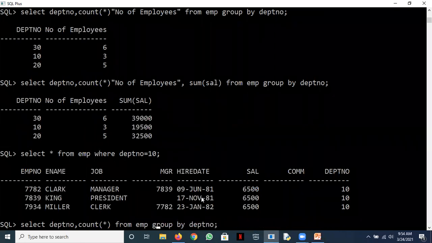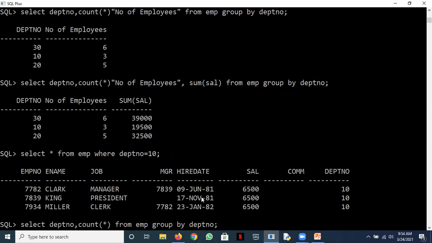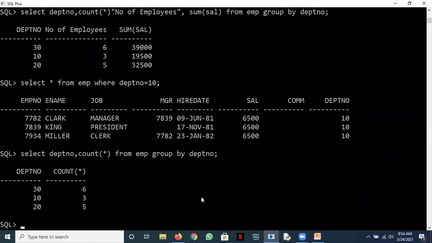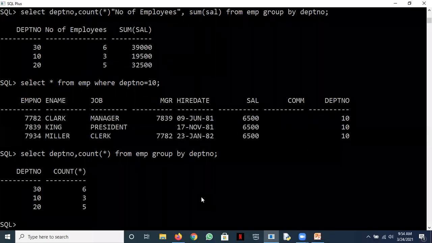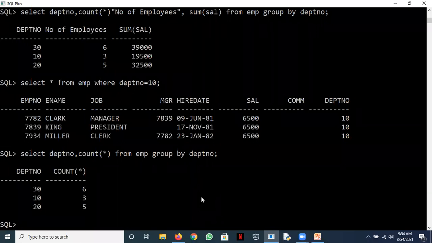If I just run this, it will tell me this, but I want to see according to my query. I want to see the list of departments which employ more than 5 people. So if I run this query, it should just give one row, that is 30 and 6.